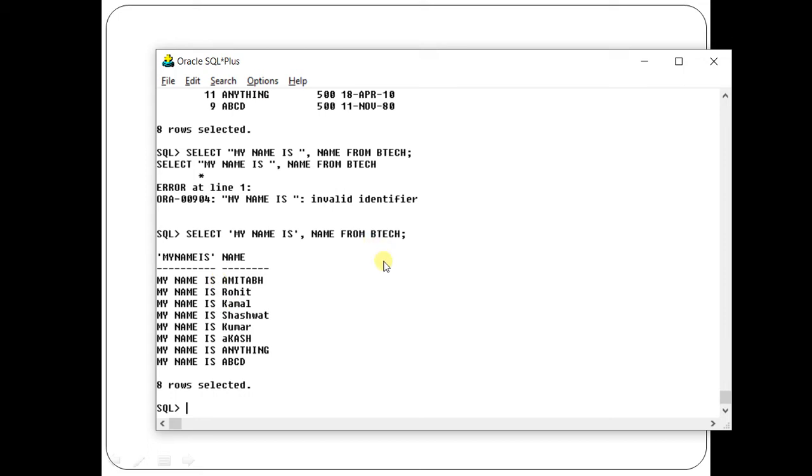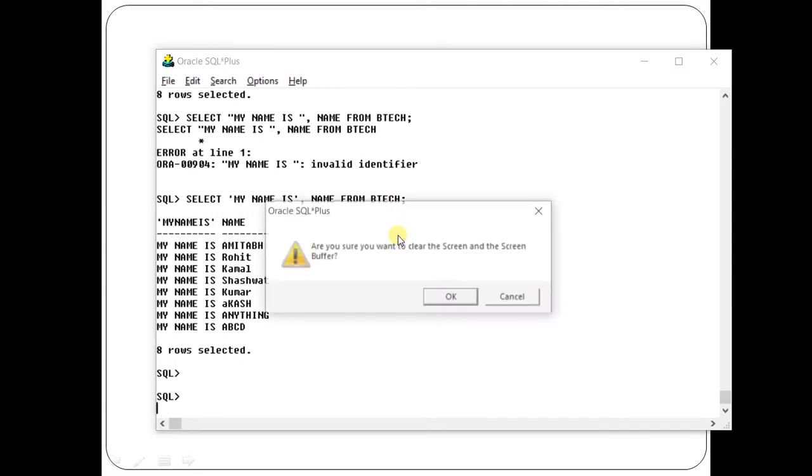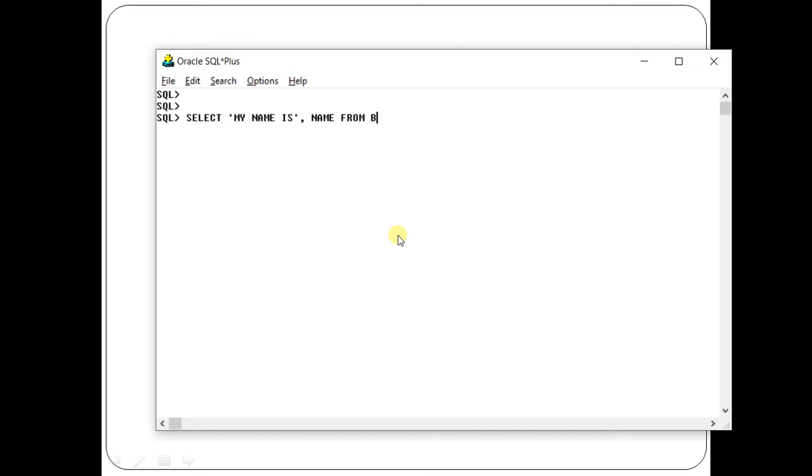And you want to display the date of birth also. So what will you type? You will type something like this. My name is, name, comma, and DOB is, DOB from BTEC.